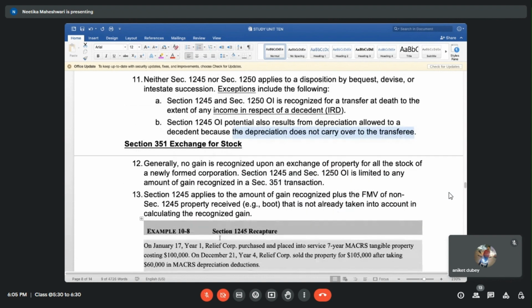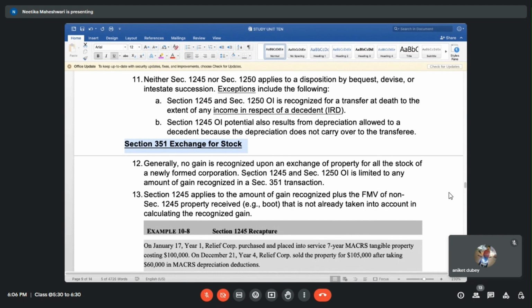Let's look into section 351. This is again a very, very popular section. A lot of our clients have used this section to do a conversion, or some sale kind of thing, or close down one company, have another company, and there was an exchange of stock. Section 351, exchange for stock. Usually this is not a taxable transaction. Old company stock is being exchanged with new company stock. Usually there's no gain recognized,